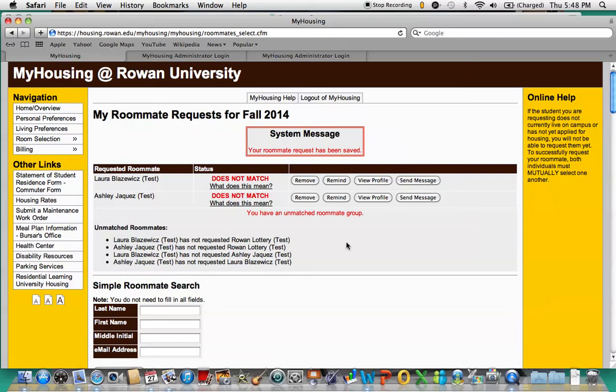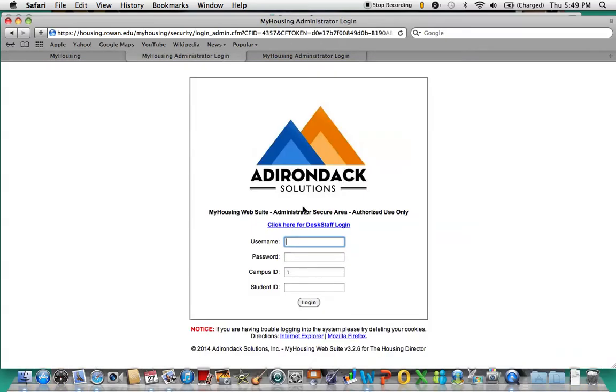So this is, from your point of view, saying that you've requested said roommates. Then the next step would be, you request, say, these two students to be in your roommate group for next year. They now have to mutually request you as well. So to do that, we'll log in through a different account